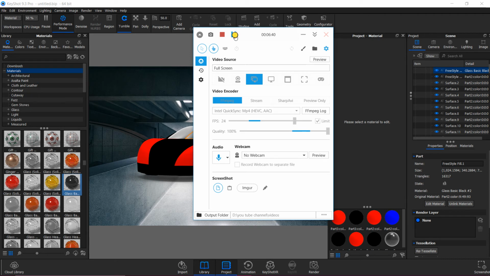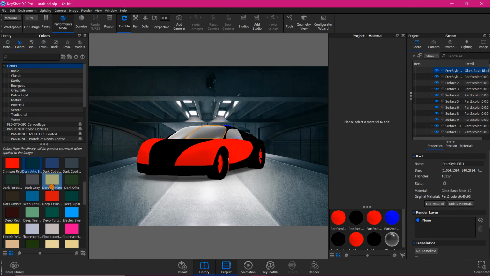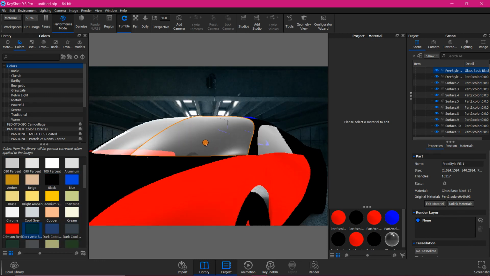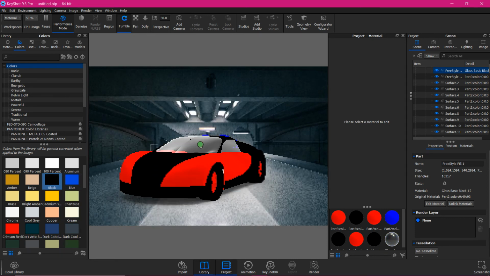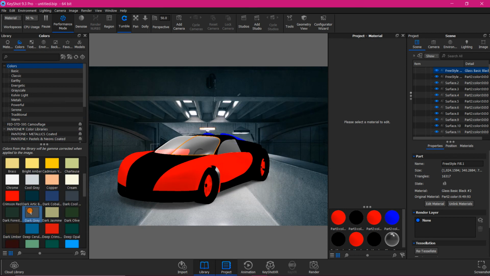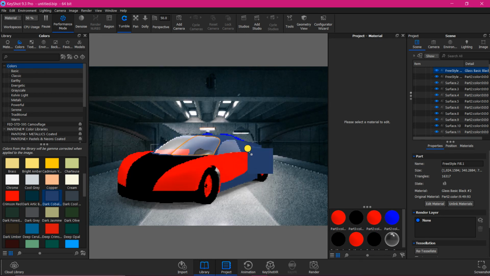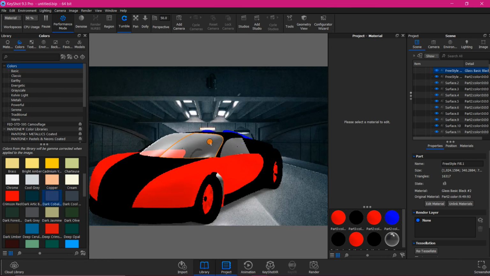So then again you can just go to colors. Similarly, even for colors, I am just zooming in, and just drag this blue and leave it on there. As we applied the material, it doesn't change now. It changes, but we can't notice the difference as we applied this material. Similarly here, if you drag it here, it will automatically change. For now the look is good, so I am not changing it anymore.